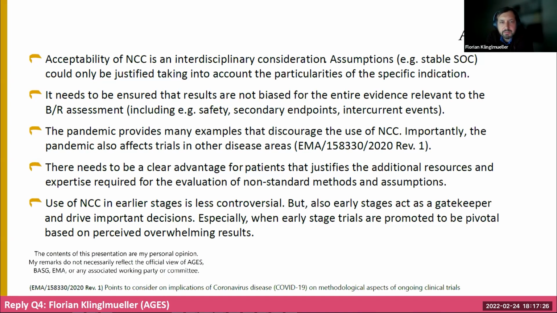Another thing, and that's when we have seen two very interesting procedures for how you can adjust for time trends and possible biases, is that in a benefit-risk assessment, we do not only look at the primary endpoint for efficacy, but also other important endpoints, and especially safety, have a big impact. And so there would also need to be an assurance that comparisons between non-concurrent controls and the treatment do not affect these other parts of the evidence package as well.